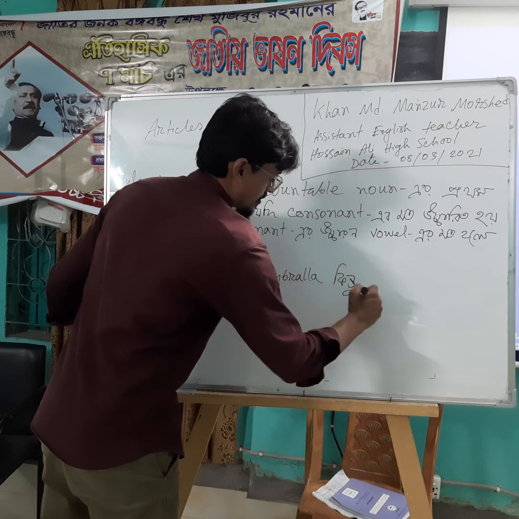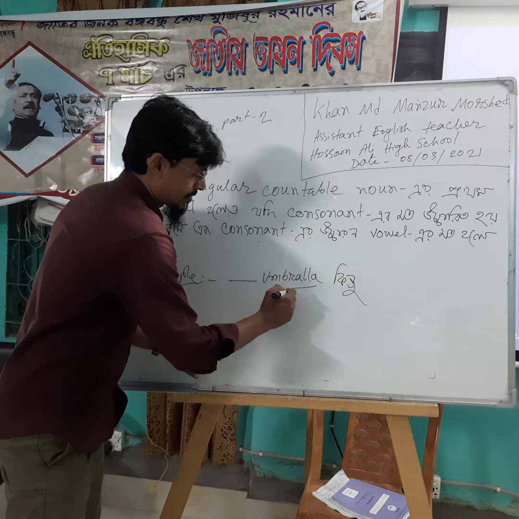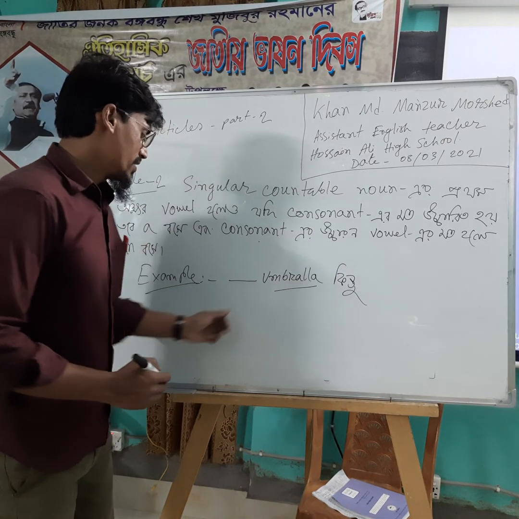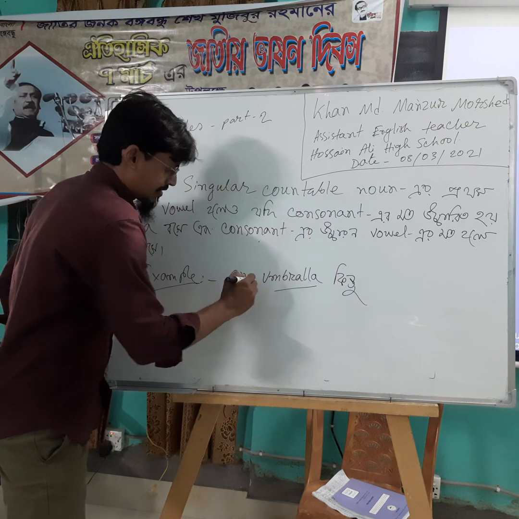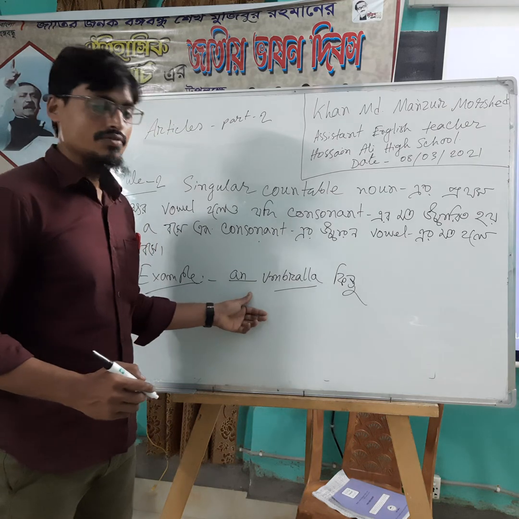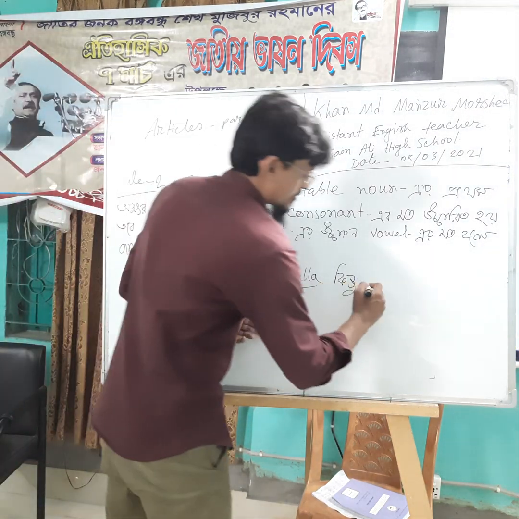Umbrella. Here a noun is umbrella and u is a vowel, and we use article an according to the first rule of article, the use of a or an, but